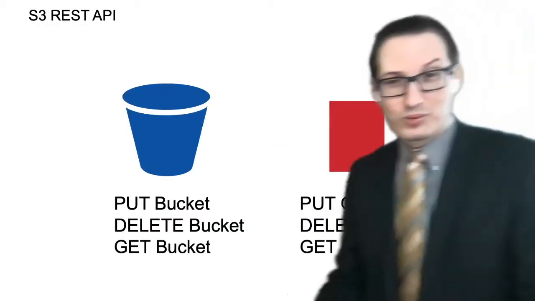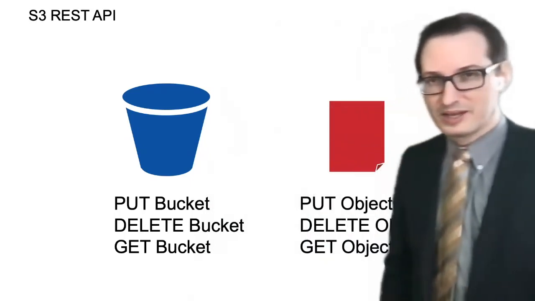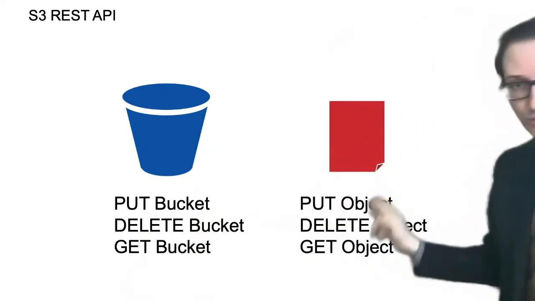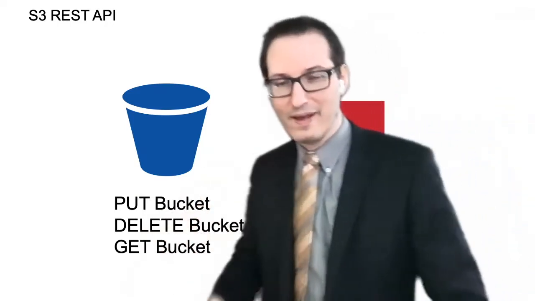All right, and once we have that, the resources and the verbs, what happens is that the way people interact with the REST API, with the cluster, is put a bucket, delete a bucket, get a bucket, put an object, delete an object, get an object, and so on and so on. And when you have an API like that, it's going to nicely work. And then you can implement a terminal window or a Jupyter notebook or a host programming language on top of REST, right? So this is why almost every single technology that there is on the market, in databases or big data and so on, almost all of them have a REST API. And I'll show you around for HDFS and others, the kind of REST APIs they have. It's almost guaranteed they have one, because this has become kind of a standard now.